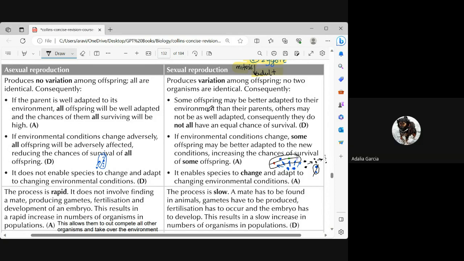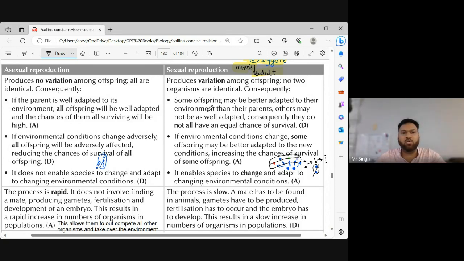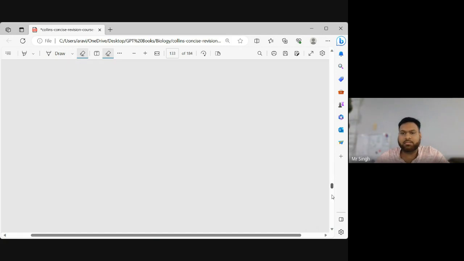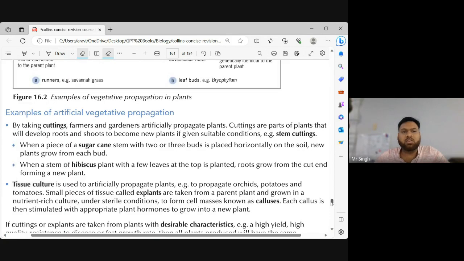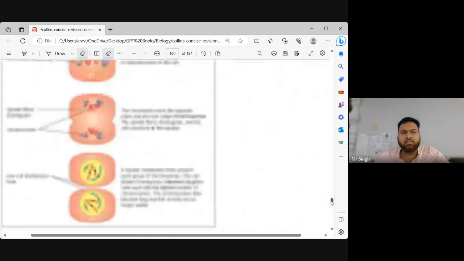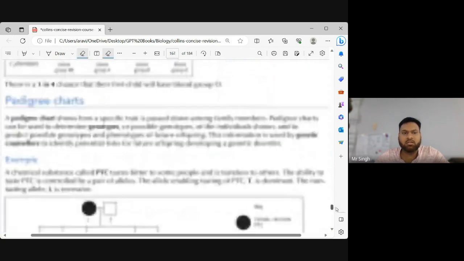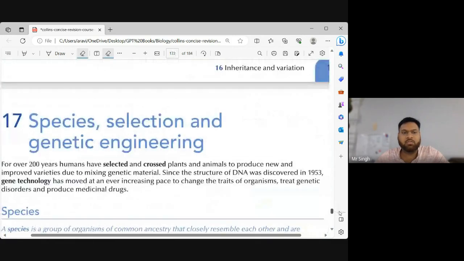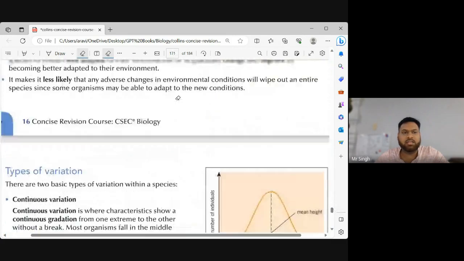Okay, good. So we understand now what asexual reproduction allows when it comes to variation. It allows no variation. What sexual reproduction allows, it allows variation to happen. And what are the advantages and disadvantages that come from that? Anybody want me to go into more detail regarding that? Nobody asked any question before, but I'm not sure. I always have to ask.